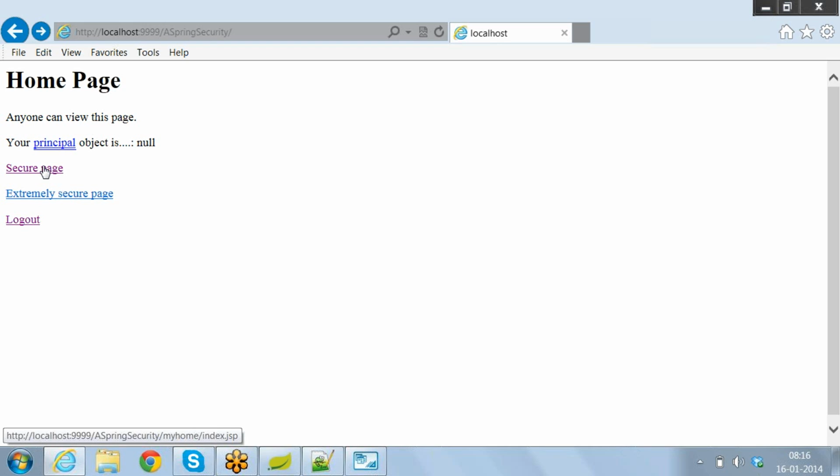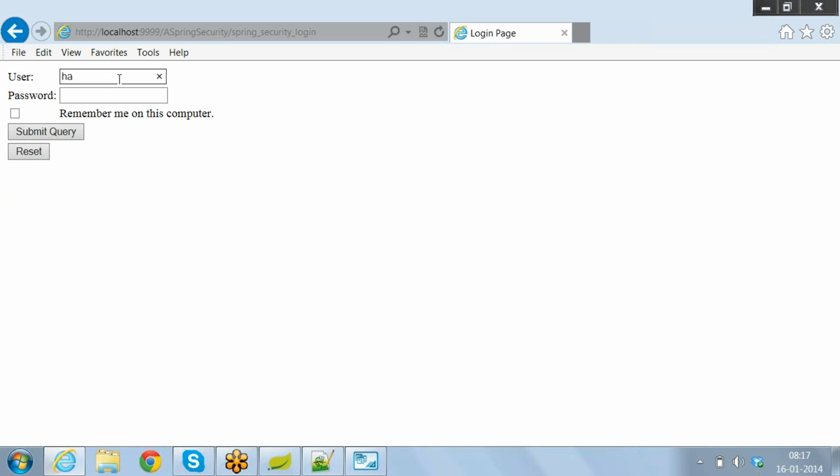Actually, if I click on it, what is happening? First of all, the framework is checking whether the user is logged in or not. The user is not logged in, so it will display the login page. Now here I'll just supply the credentials. After I supply the credentials and click on submit, the framework, in the security module, will first validate that user. After the user is validated successfully,